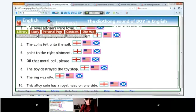Yeah, I would go for "the toy" and "thee" if it's a vowel. But that's okay. And this one? The rag was oily. Nice. And the last one? This alloy coin has a royal head on one side. Now that one I didn't like, because alloy